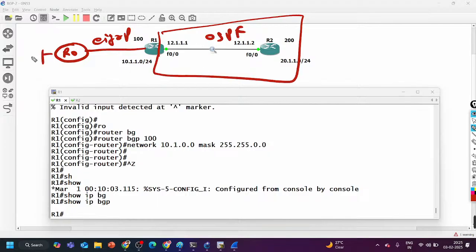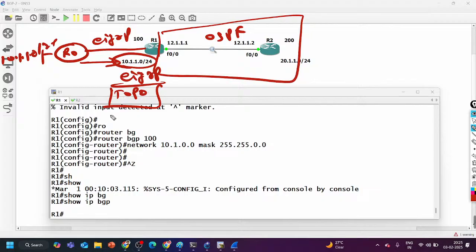And here I have one loopback 10.1.1.0/24. So router 1 is going to learn 10.1.1.0/24 through EBGP. Router 1 will have this route in their topology table as well as in their routing table,